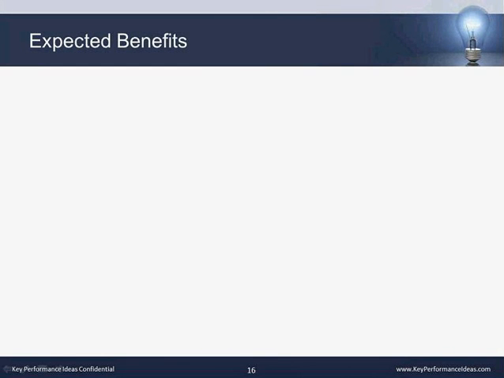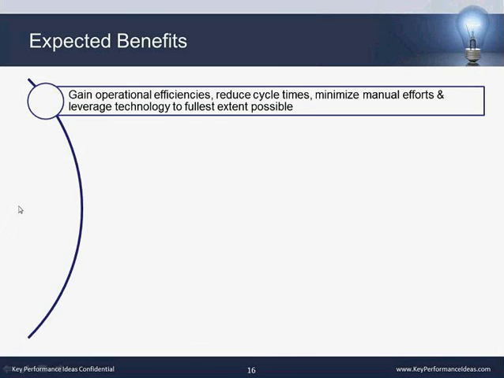What are some of the benefits of doing these activities? You can gain operational efficiencies, reduce your cycle times, automate and therefore minimize some manual efforts, and ultimately, when it comes down to it, if you're investing heavily in a technology, it's going to help you leverage that technology to the fullest extent possible. You're not just buying the new system and putting it in. You're taking advantage of the workflow, the automation, the task list, the ability to build detailed instructions, whatever that tool may be. You're able to really take full advantage of it and really harness the power of that application.